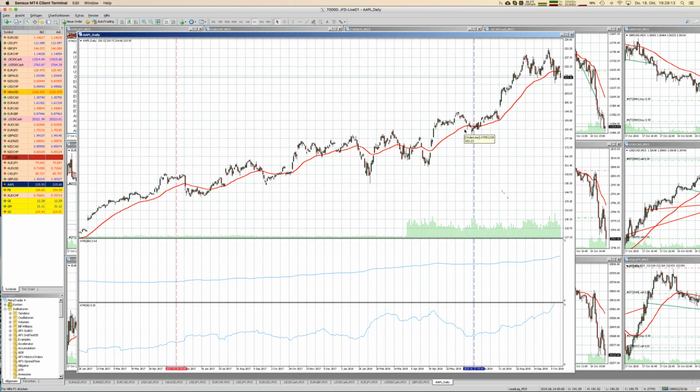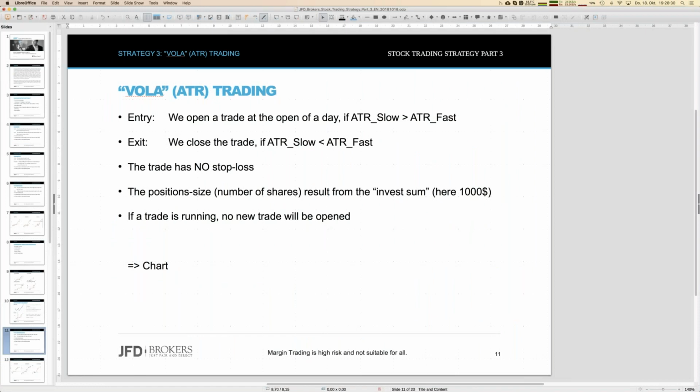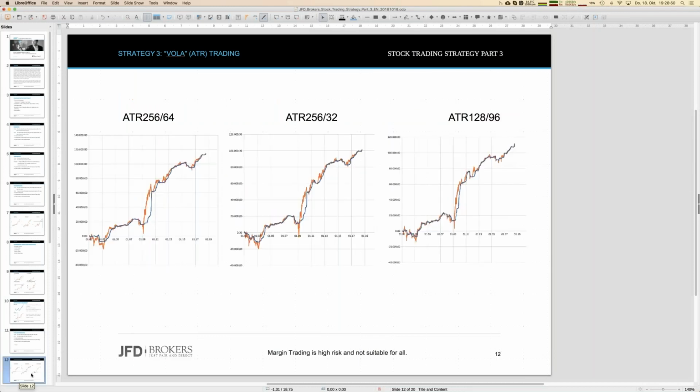And it doesn't work badly already here within that chart visually. So two ATRs, and it's really amazing that this already creates this trading strategy. Let me show you. We open a trade if ATR slow is bigger than ATR fast, and we close that trade exactly when those two lines cross. That's all. And this is already a strategy. Believe me. Here are the results. Results already directly for a complete portfolio.